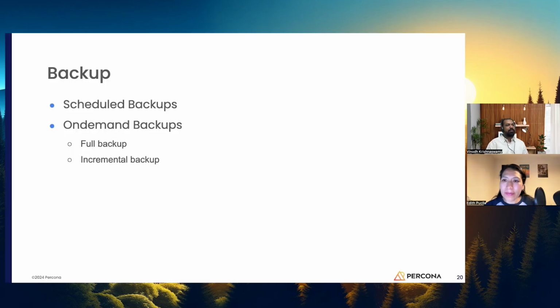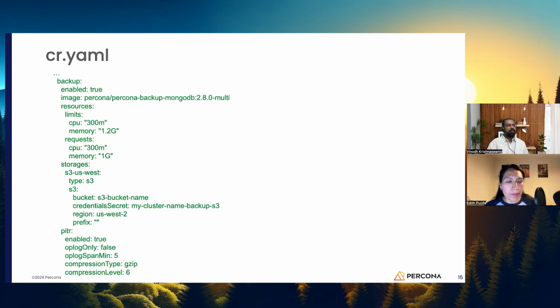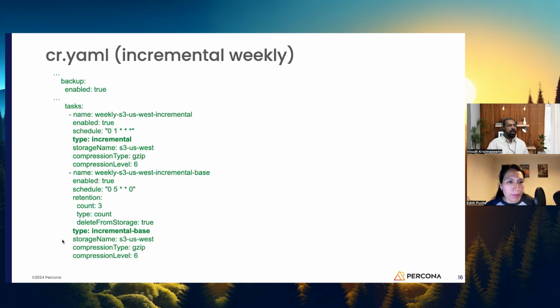But before that, let me show you how to take backups. Okay, so there are two types. One is the scheduled backups and the other one is the on-demand backups. The scheduled one is like, as I showed you earlier, you are going to schedule everything here. For example, under the task, you are going to schedule at what time, on what day